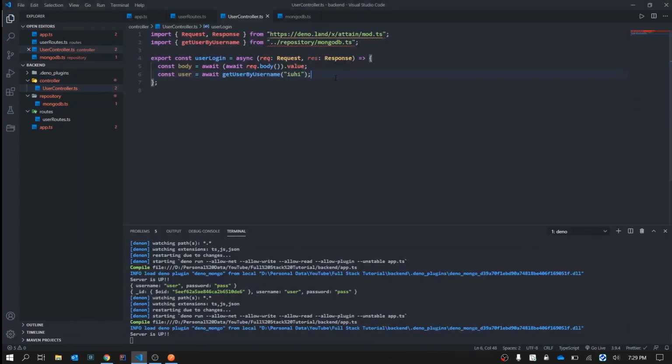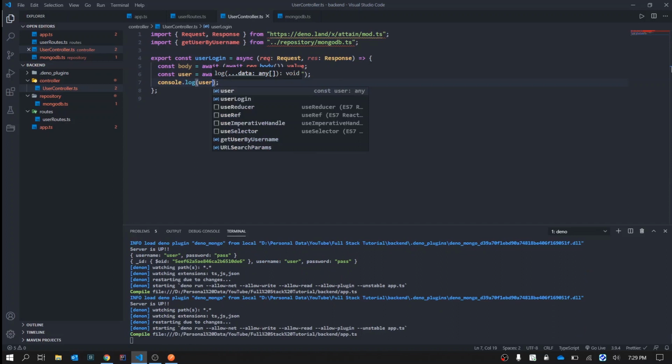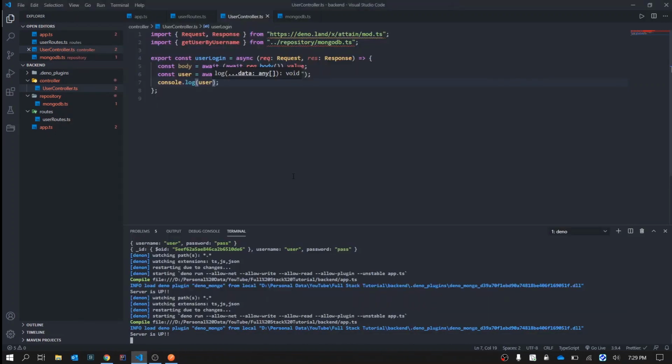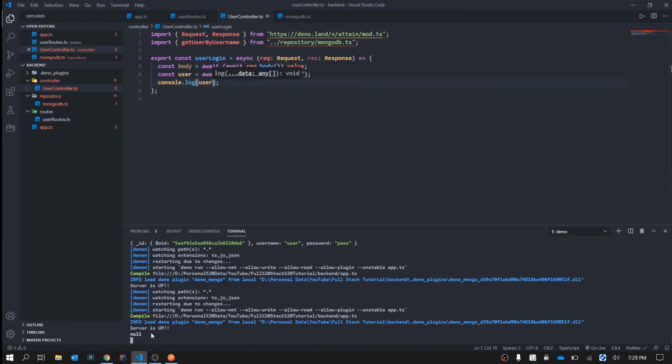Oh, we are not console logging it. Console.log user, save it again, same drill. Yeah, server is up. So we'll send, and now I think we should have got it. Yeah, so it returned null. Whenever we send something which is not there in Mongo, it won't throw any error, it will just return null.